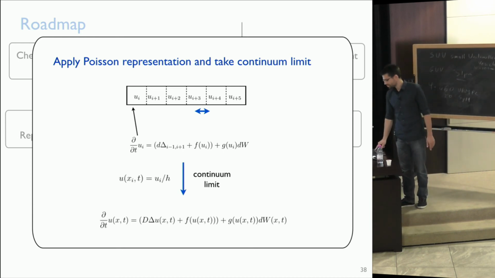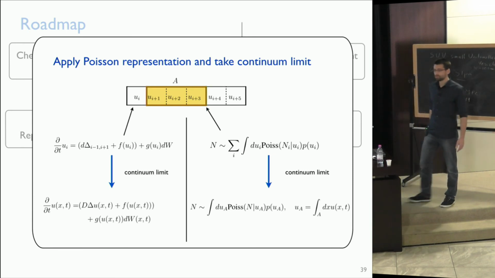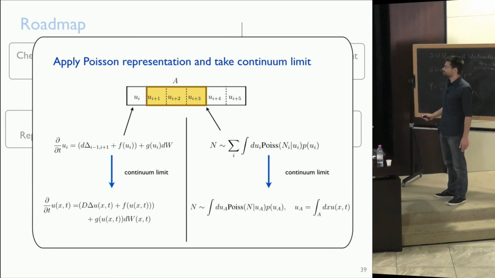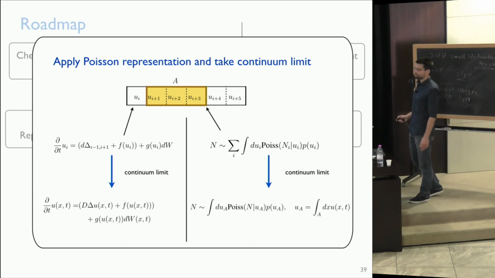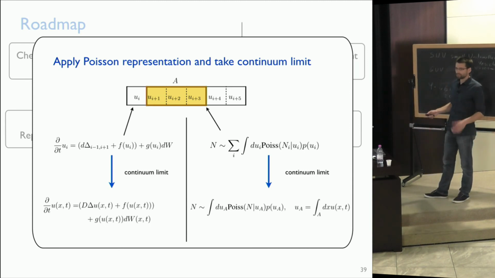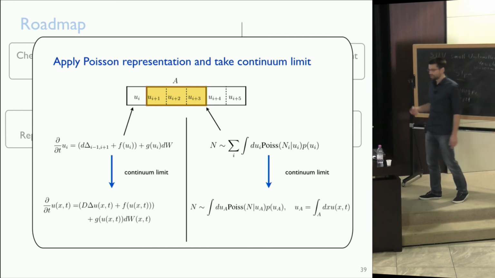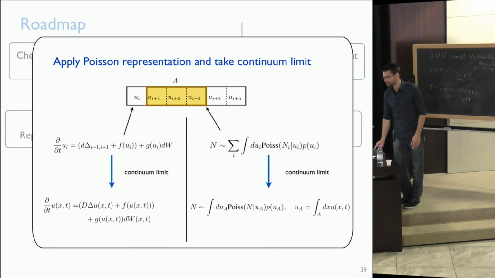The interesting part comes if we look at the probability distribution of molecules in a certain subregion of space. According to the Poisson representation, this is given by a sum over the compartments of mixtures of Poisson distributions. And by using the property of Poisson distributions, one can show, after some manipulation, that it's possible to take the continuum limit, and then the number of points is given by a mixture of Poisson distributions, and the mean value is given by the integral over this intensity function u. And this was exactly the characterization of a Cox process.